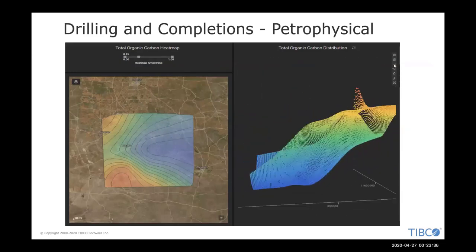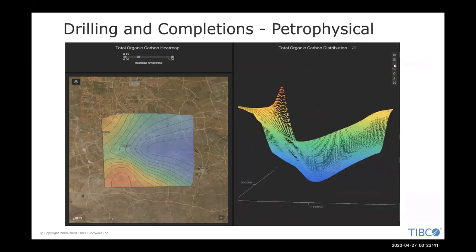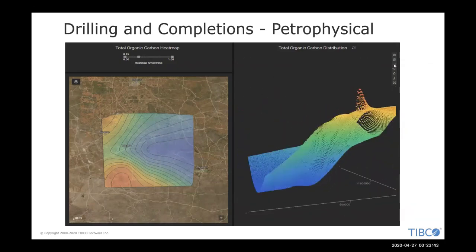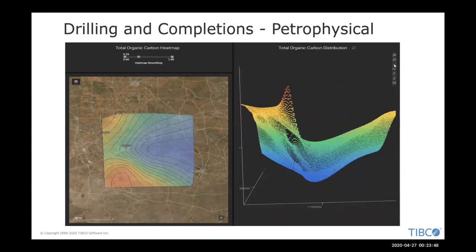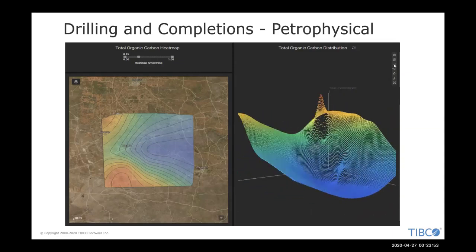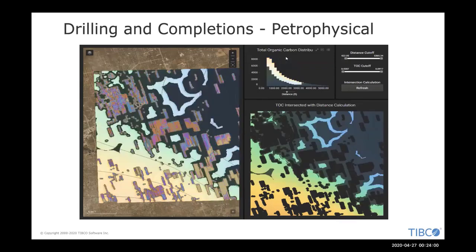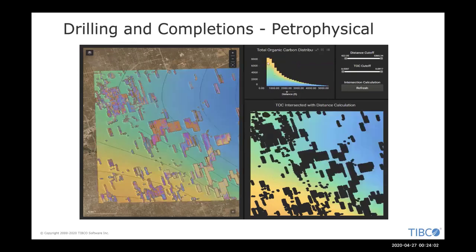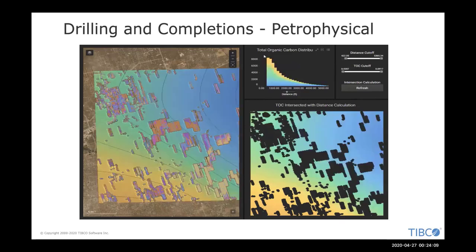And then you want to overlay on top of that petrophysical data that represent, for example, the total organic carbon in the rock, the hydrocarbon potential of the reservoir. So you see the bottom left-hand corner is that orange region that is the high point on the three-dimensional plot, showing a region of high potential hydrocarbon. Now, if you then highlight those regions of high potential total organic carbon, you now see that lower left-hand corner of the spatial layout of the geo location, where there's some orange there that looks like could be candidates for